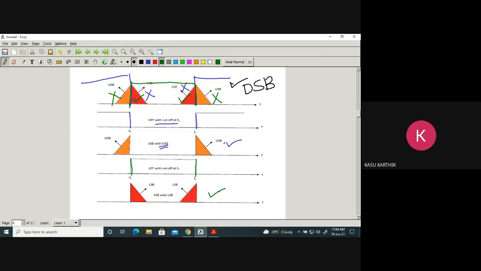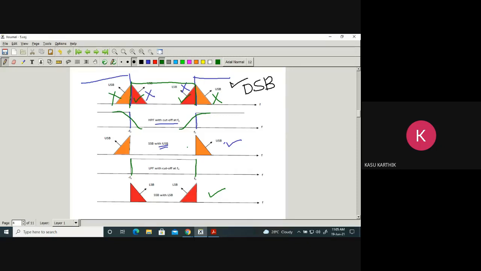Please remember this. The drawback of this method is that the filters need to be ideal with sharp cutoff frequencies, or with a sharp fall off. If they are not ideal, they have some transitions like this. They won't have sharp cutoffs; they will be gradually rolling off like this. Then you don't get this output. You get something else.